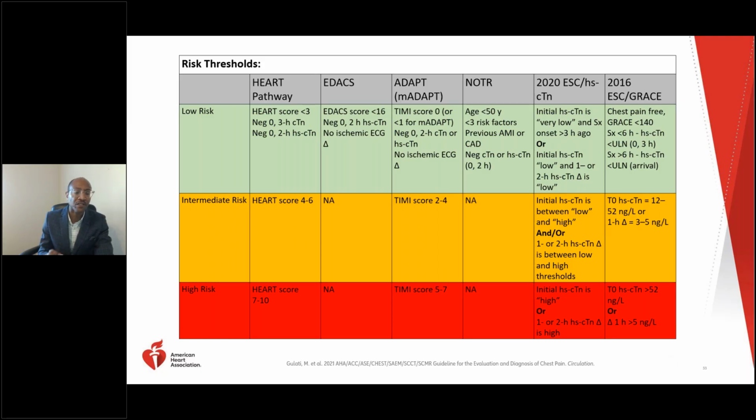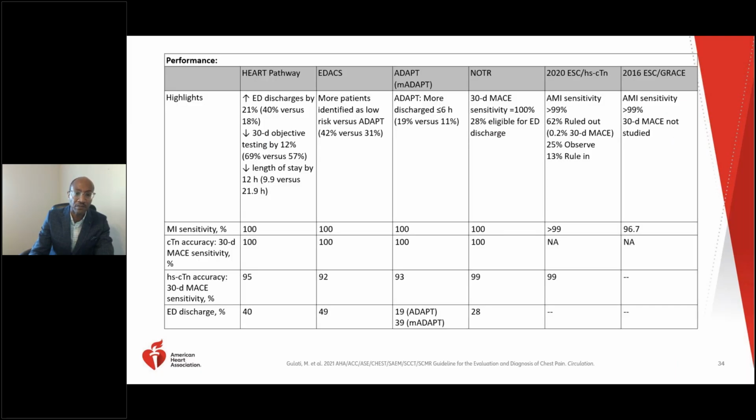I can tell you that at our facility, we are in the habit and the culture of predominantly using the HEART pathway for several years, really incorporating the more comprehensive evaluation. But really, our guidelines refer to using a clinical decision pathway that may be most appropriate for your healthcare system. And I'd encourage you to still incorporate a really comprehensive evaluation, including the patient's clinical evaluation.